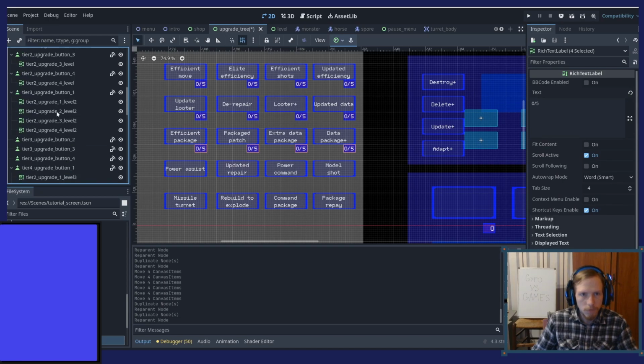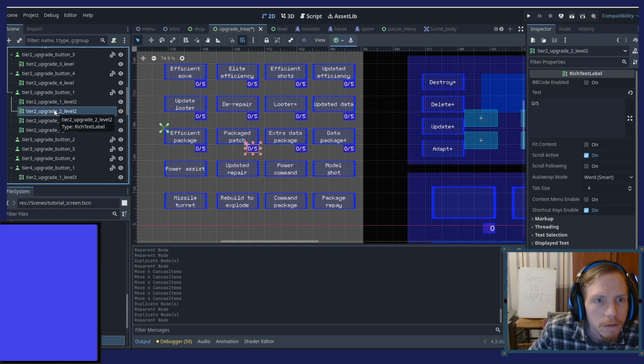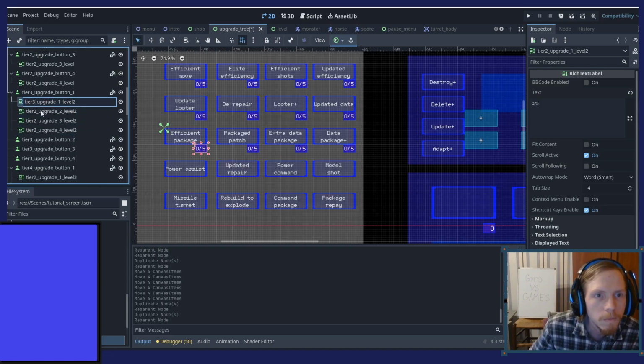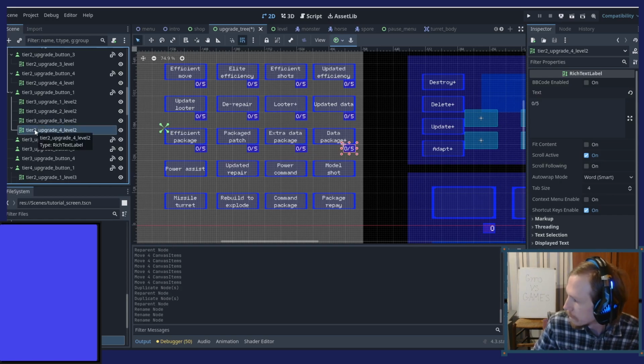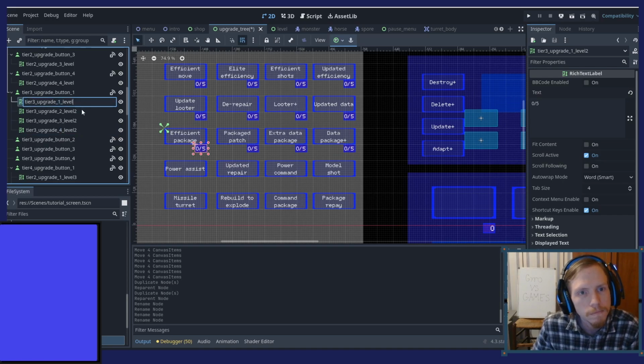And now I'll simply do it. I simply rename them tiny bit. Tier 3, tier 3. Okay.